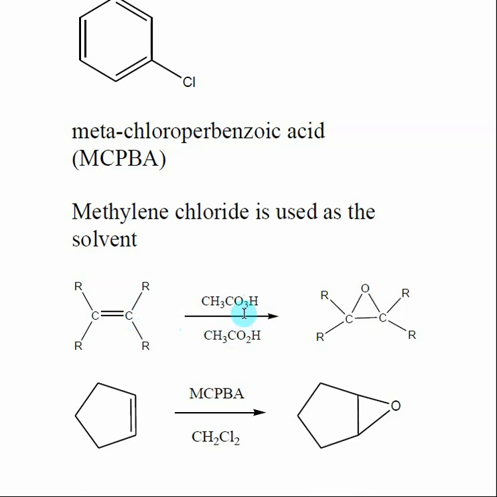And so I know it's a peracetic acid because I have 3 oxygens here. Acetic acid, carboxylic acid, it's CO2H. Peracetic acid is CO3H. So this is peracetic acid, and acetic acid is being used as the solvent. So with some reactions, if I have to use a very specific solvent, they will put the solvent typically below